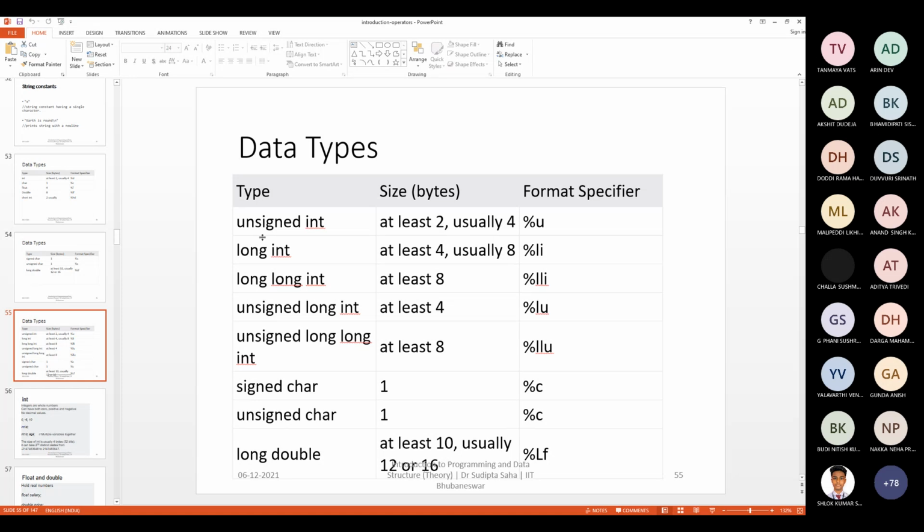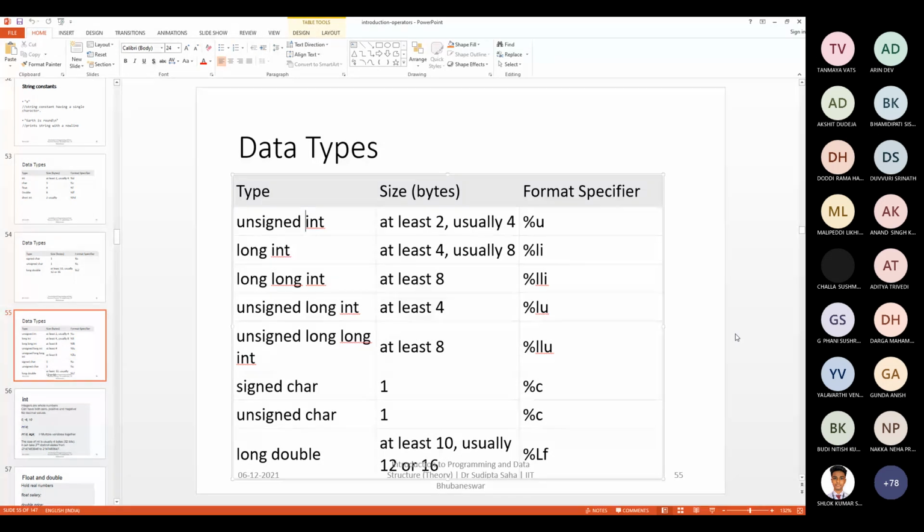So there are two things, signed and unsigned, right? Signed and unsigned means whether you need the sign of the particular number to be represented inside the computer or not. Some cases are there, for example, your height. If you are going to represent the height of every student, you need a computer variable for that, right? So in that case, the heights are not going to be negative, correct?